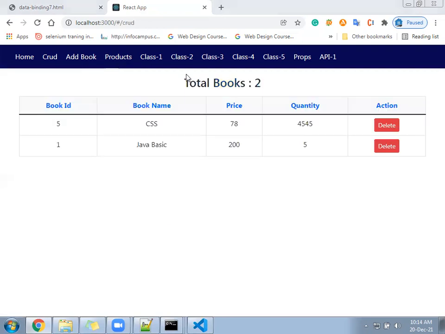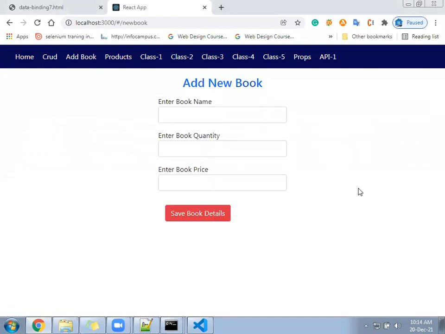This is for listing purpose. Listing purpose, we have the current component, and for adding purpose, we have a new book component. Now, one question in front of you. Under the new book component, here in the last, can you display the list of books? Looks like possible?